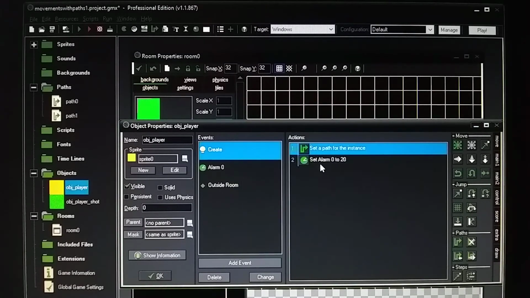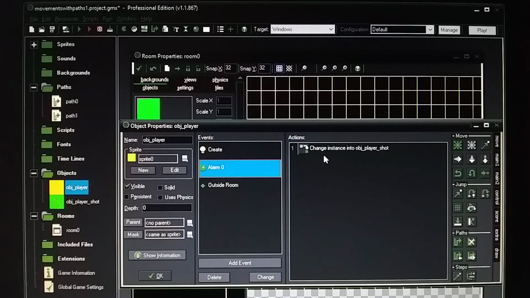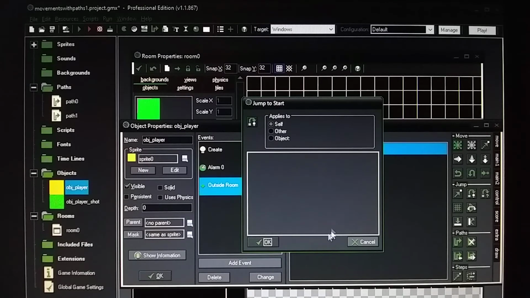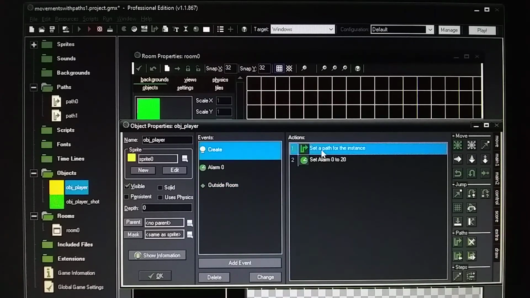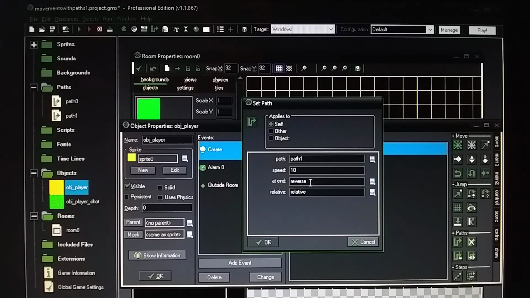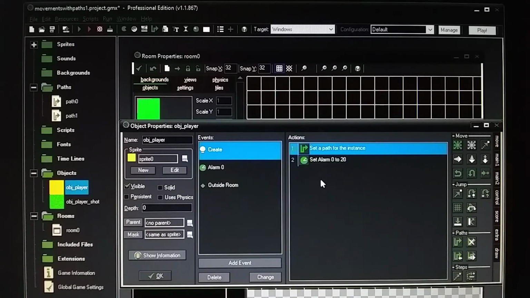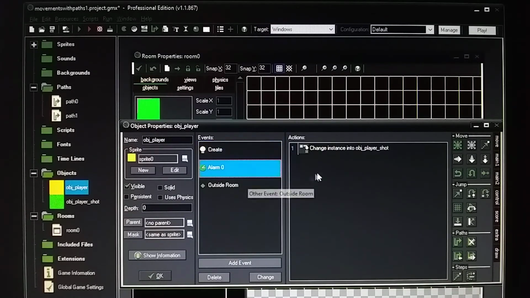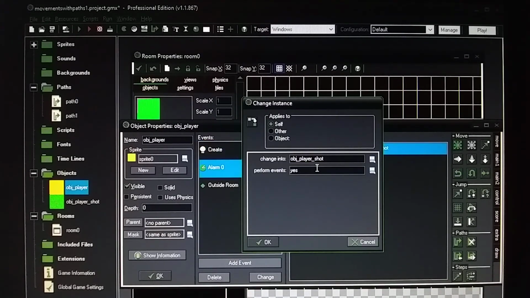But since I used an alarm setting here, when he leaves outside the room, he's going to jump back to the original position. So this reverse is not needed, or it doesn't apply. After 20 milliseconds, alarm 0 is going to kick in, and then he's going to switch to